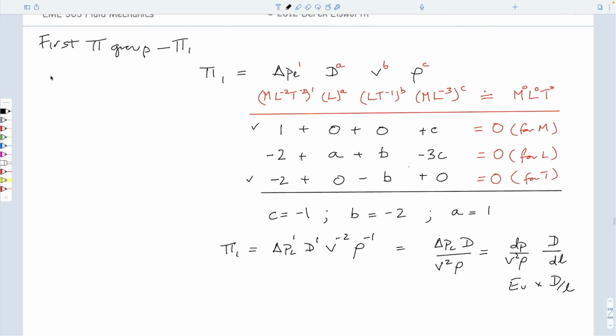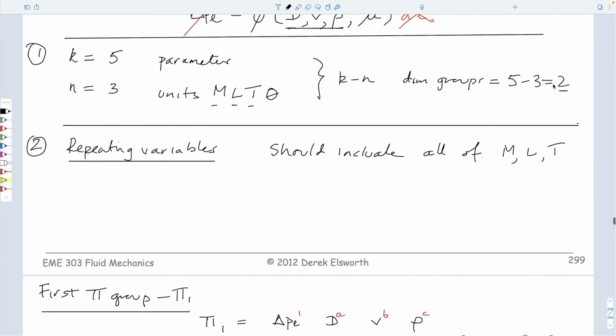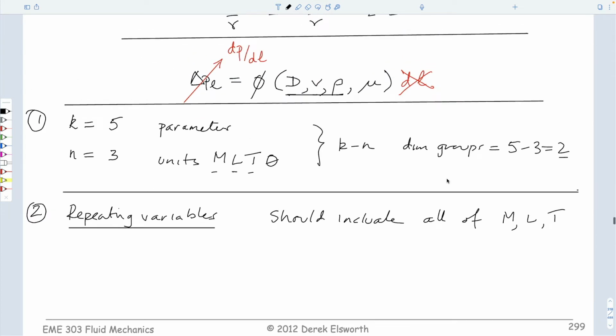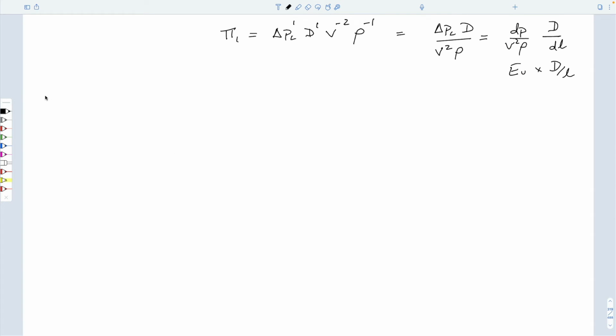So we said that we have two potential pi groups because of this. So we have a second one. We've done it in terms of these three repeating variables and in terms of this parameter here. We can do it in terms of these three repeating variables and this parameter here. So our next pi group, the second of two,